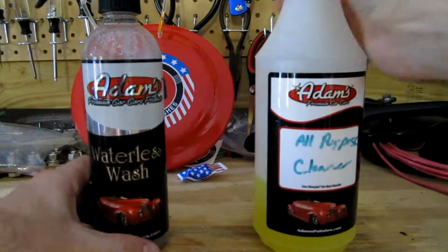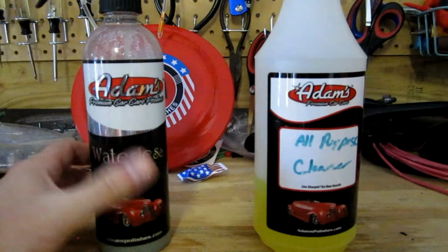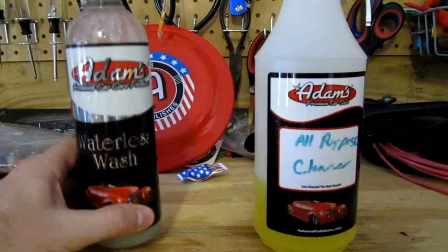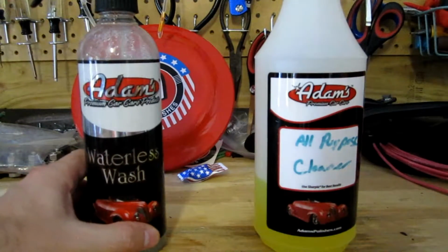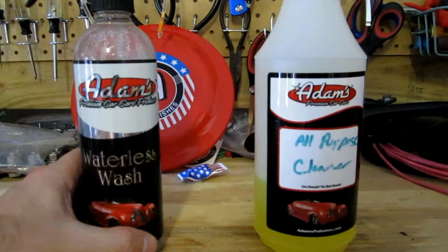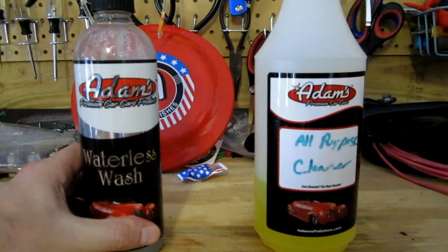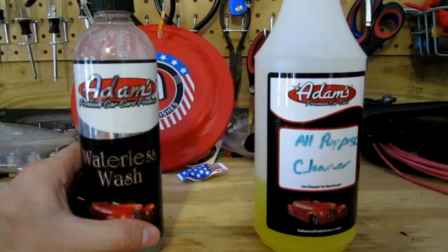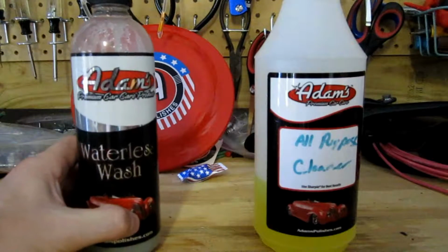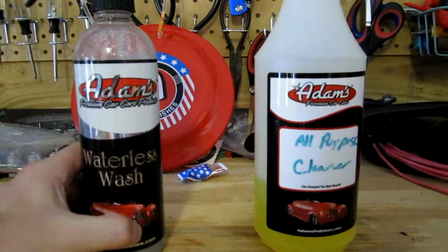This is their waterless wash. You can watch videos on it on their channel. It's designed to do the whole car as long as the car is not filthy. If you've got a layer of dust on it, or just that layer that gets on the car after a couple weeks of not being washed, you can actually use this along with their waffle towels to actually remove that